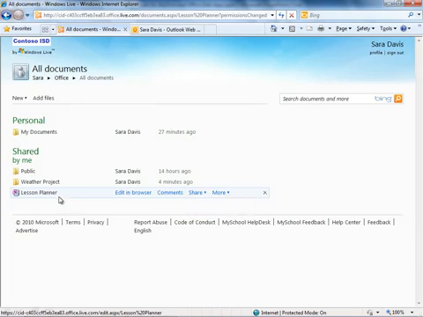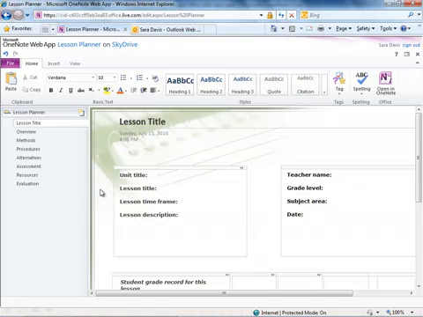Now, once I've got that done, I can go ahead and edit this within the browser. Now, this is a lesson plan. So let's say myself and some other English teachers from across the district or across the state are going to get together. We're going to work on a plan for this school year. Well, I can begin working in this. And as I'm typing information within OneNote, my friend Sanjay is at another school somewhere also adding information to this